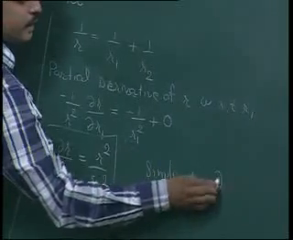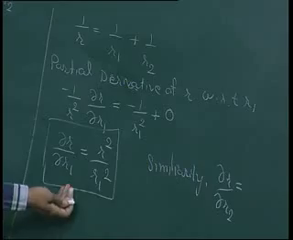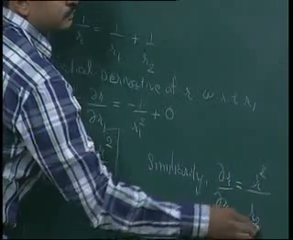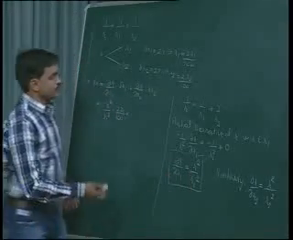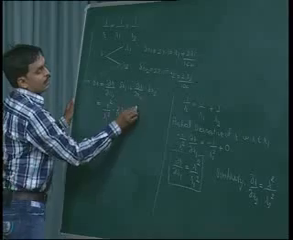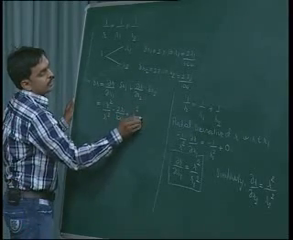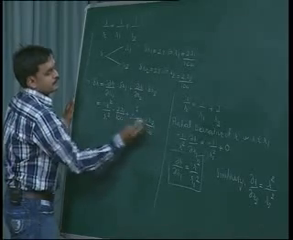Similarly, if we find del r by del r2 from this equation, that will be r square upon r2 square, multiplied by the change in r2, that is 2 r2 by 100. So,